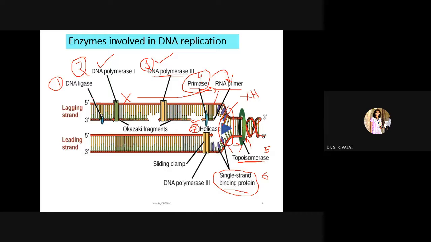Now you can see the next, ligase. Ligase is just like our glue, right? What is the main function of ligase? Here you can observe one heading, Okazaki fragments. Okazaki fragments are nothing but discontinuous fragments. These discontinuous fragments are joined with the help of DNA ligase, right? And hence we observe a continuous strand. So these fragments are joined with the help of the DNA ligase enzyme. So please do remember the function of all these enzymes. Okay.